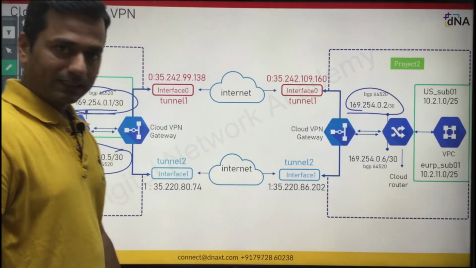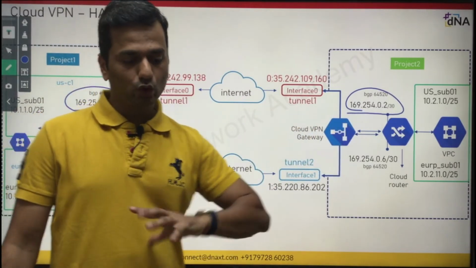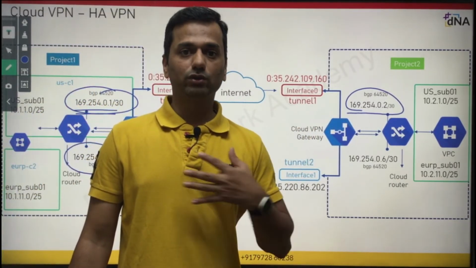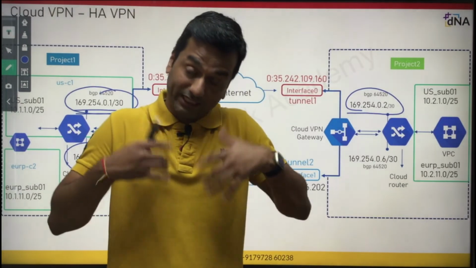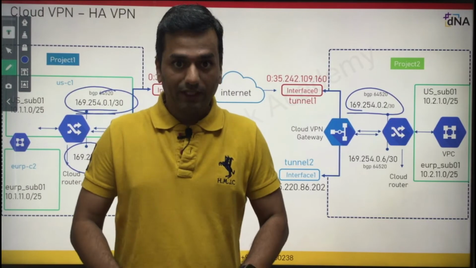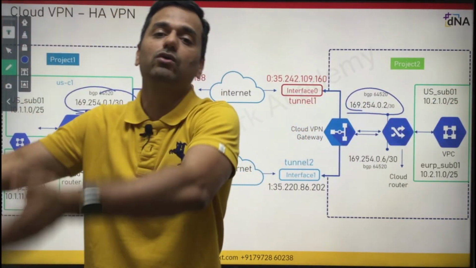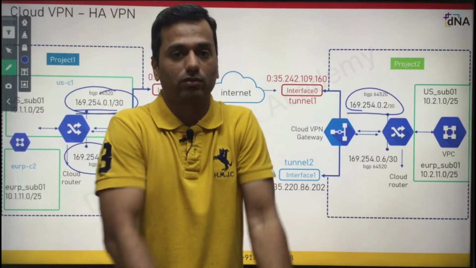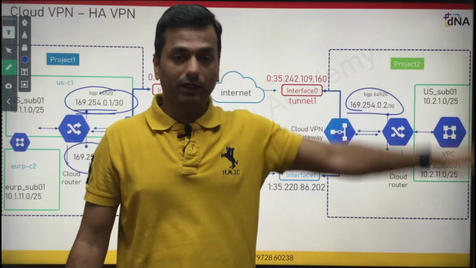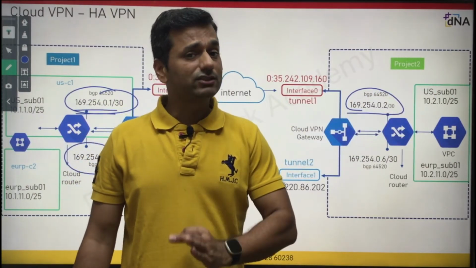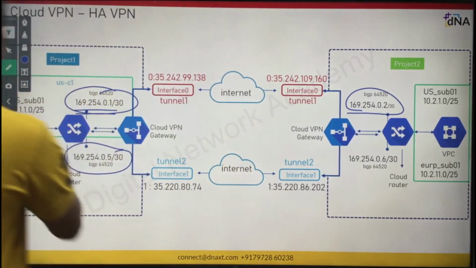interface. Clear? And by default, this cloud router will advertise the known routes only. When I say known routes, it means directly connected subnets, or directly configured subnets associated with a particular region. If your VPC dynamic routing mode is global, then definitely other regional routes will also be advertised by your cloud router to the BGP peer, which is currently in project 2. So guys, let's go and configure everything step by step. Let's review quickly.